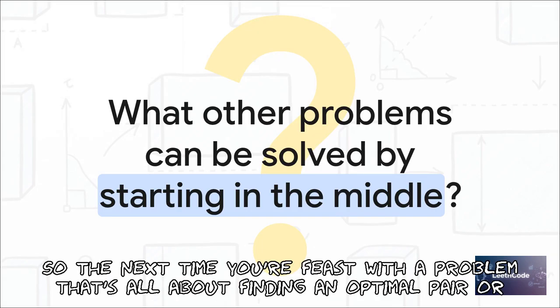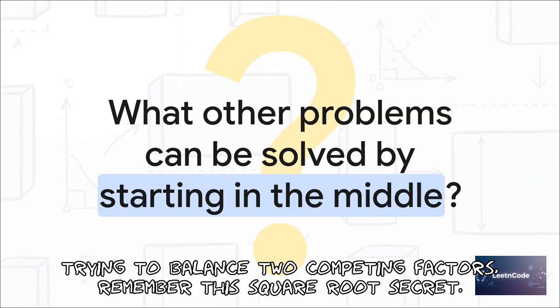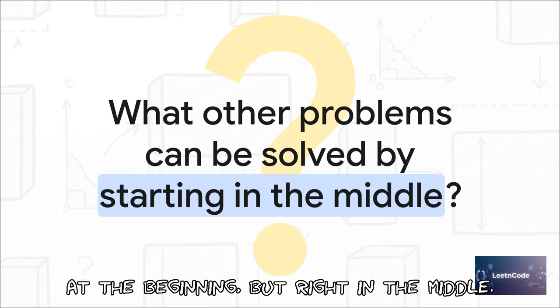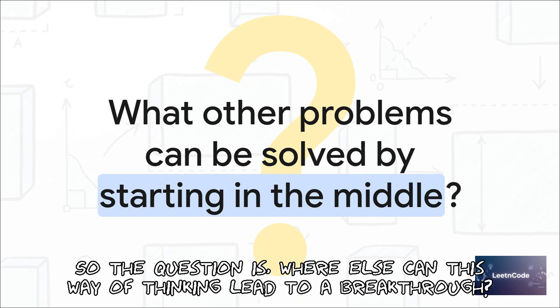So, the next time you're faced with a problem that's all about finding an optimal pair or trying to balance two competing factors, remember this square root secret. It's a powerful reminder that sometimes the most efficient path to a solution isn't starting at the beginning, but right in the middle. So the question is, where else can this way of thinking